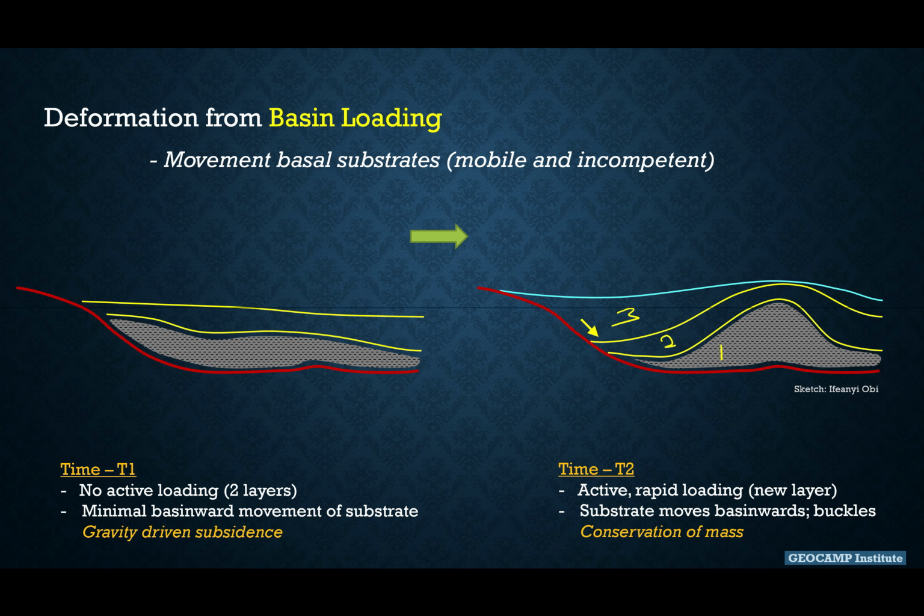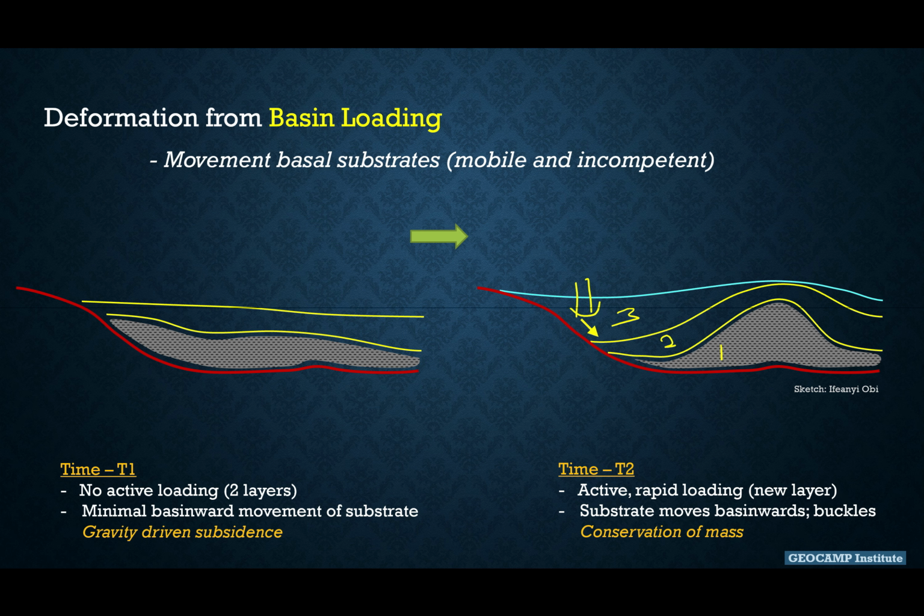Because of the rapid addition of weight in this part of the basin, the underlying incompetent substrate moves further basinwards. However, in this case, we're assuming that there's some kind of barrier that prevents it from moving as it prefers. So when that happens, what you now observe is that it creates some kind of buckle,